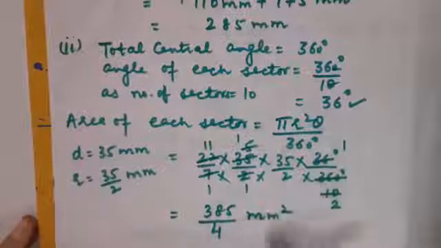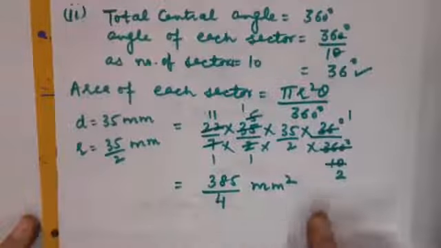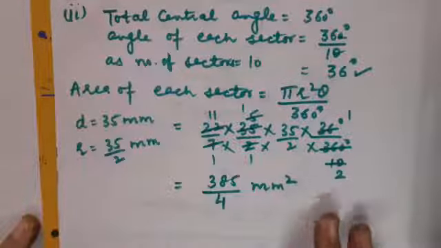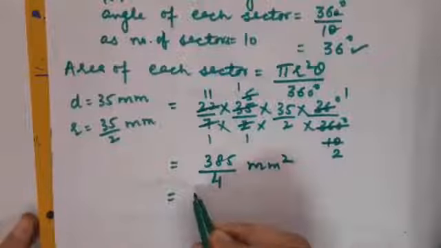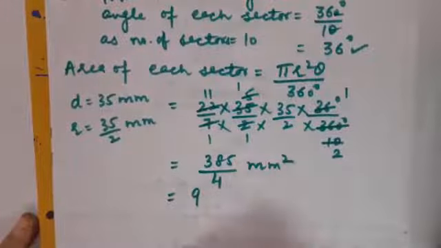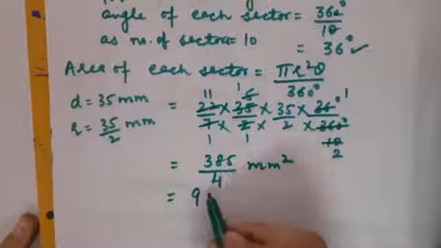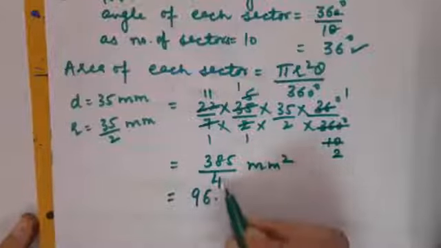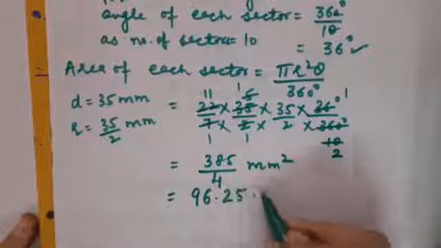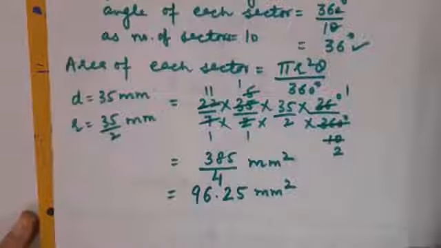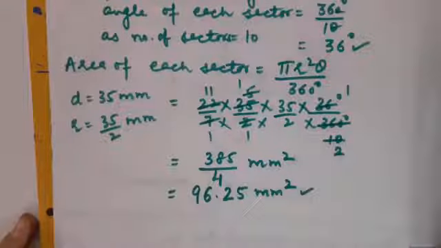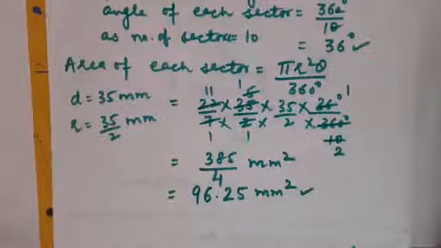You can convert it into decimal also if you want. Otherwise you can leave up to here also. Fine. So if I convert it, so it would be 4 9s are 36. 2 is left, 25 I have got, 4 6s are 24. Then 1 is left, it will go on 2s are 8 and then 5s are 20. This is 96.25 mm square. Why square? Because we are calculating area. Got it, children? I hope whatever is taught to you in this lecture, you all will have understood it.